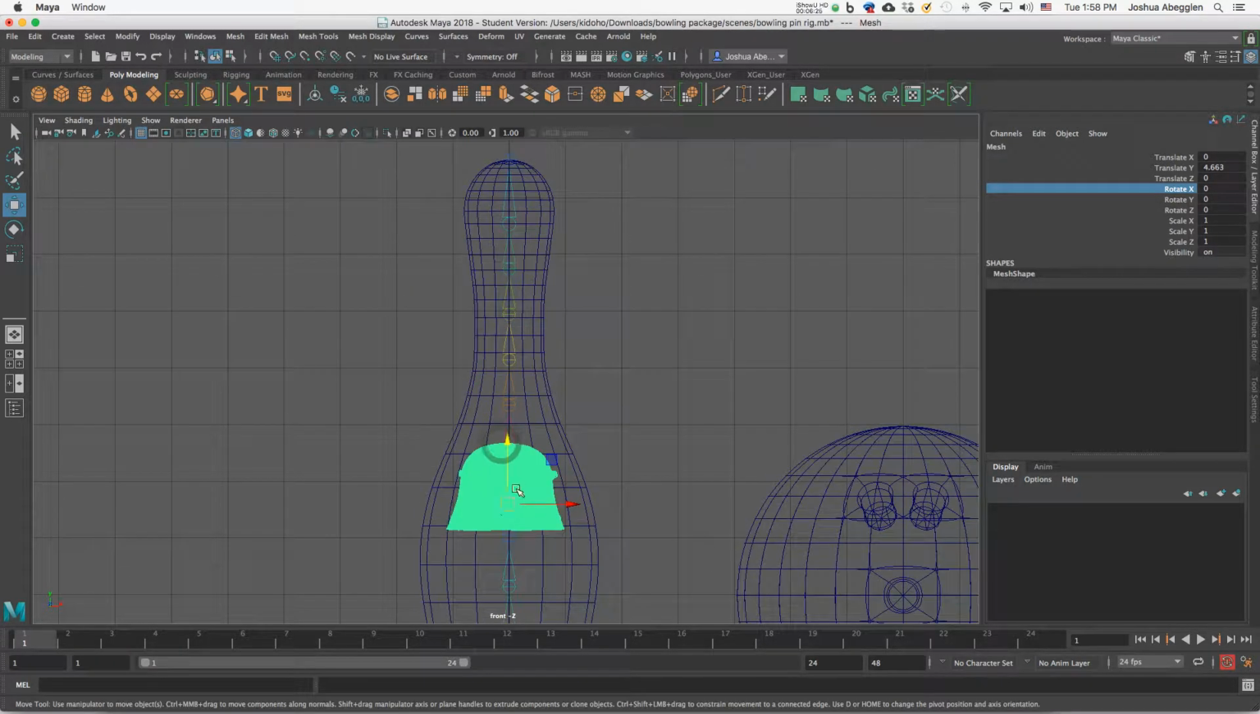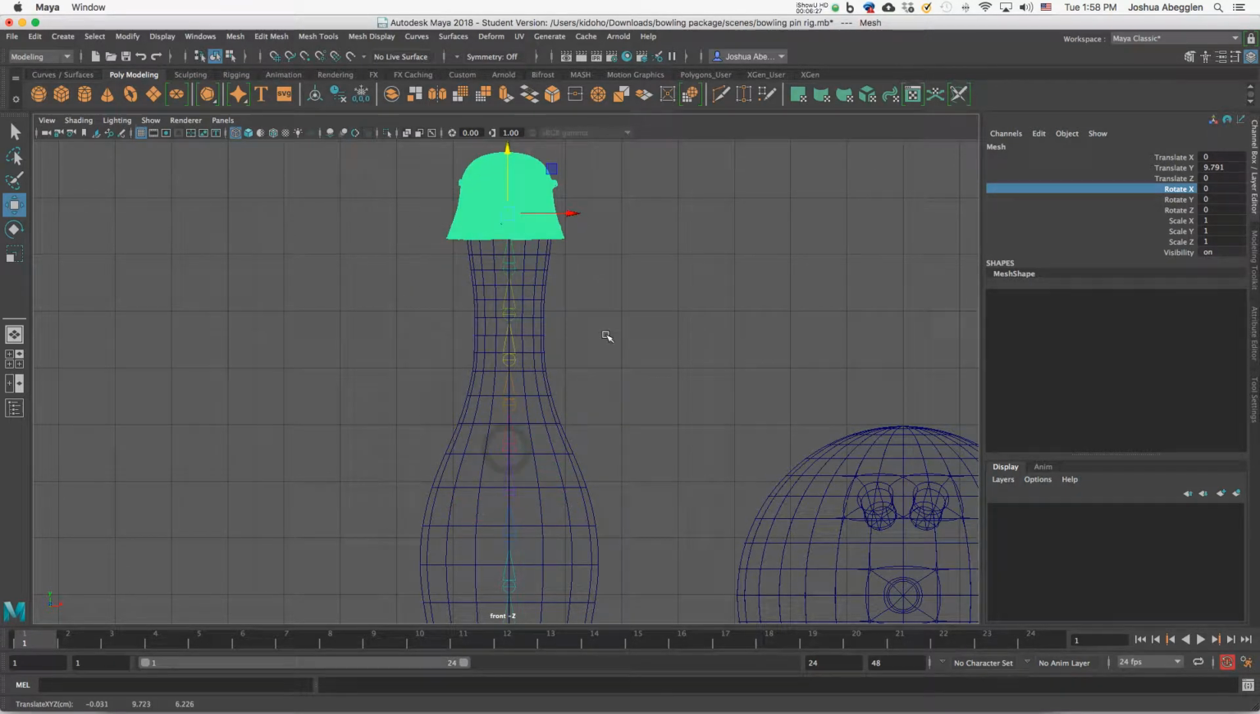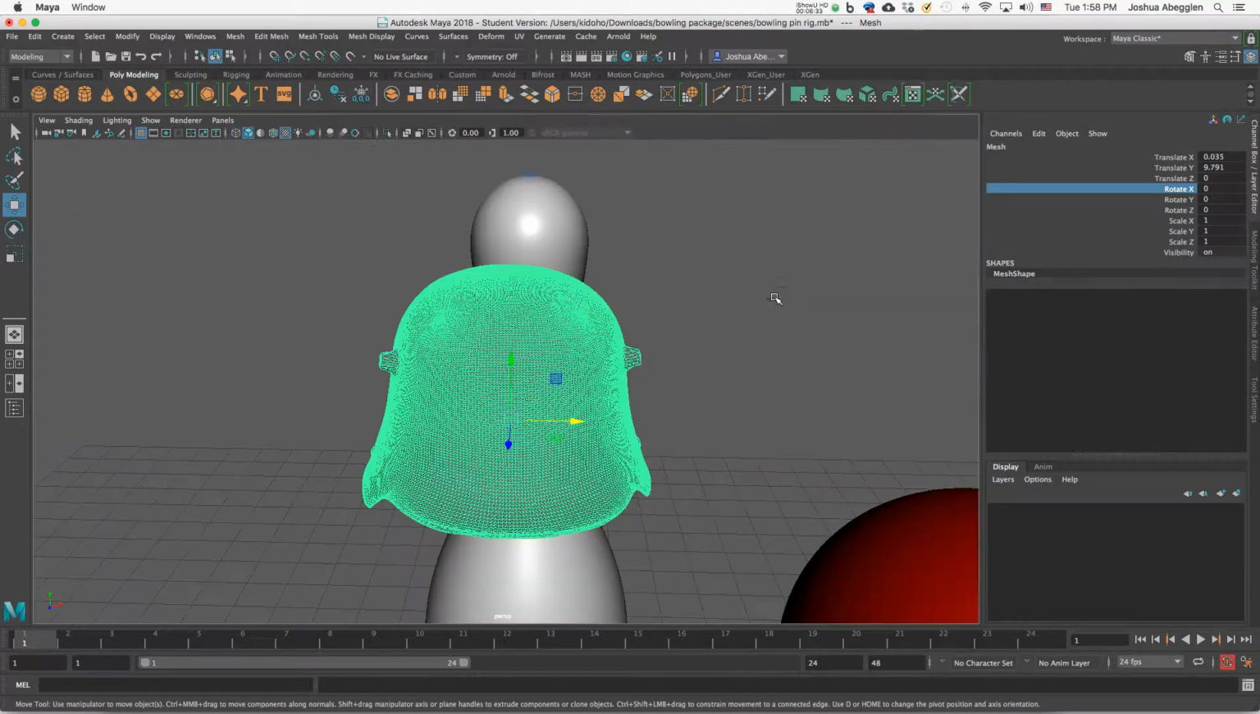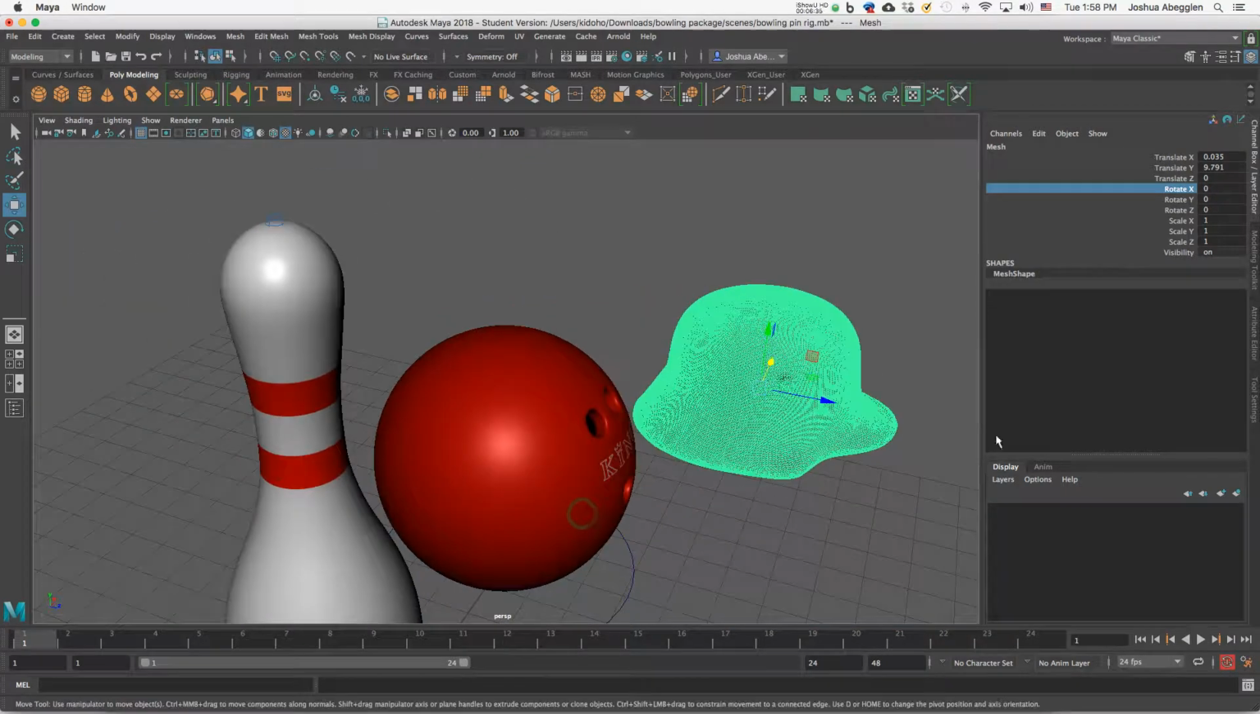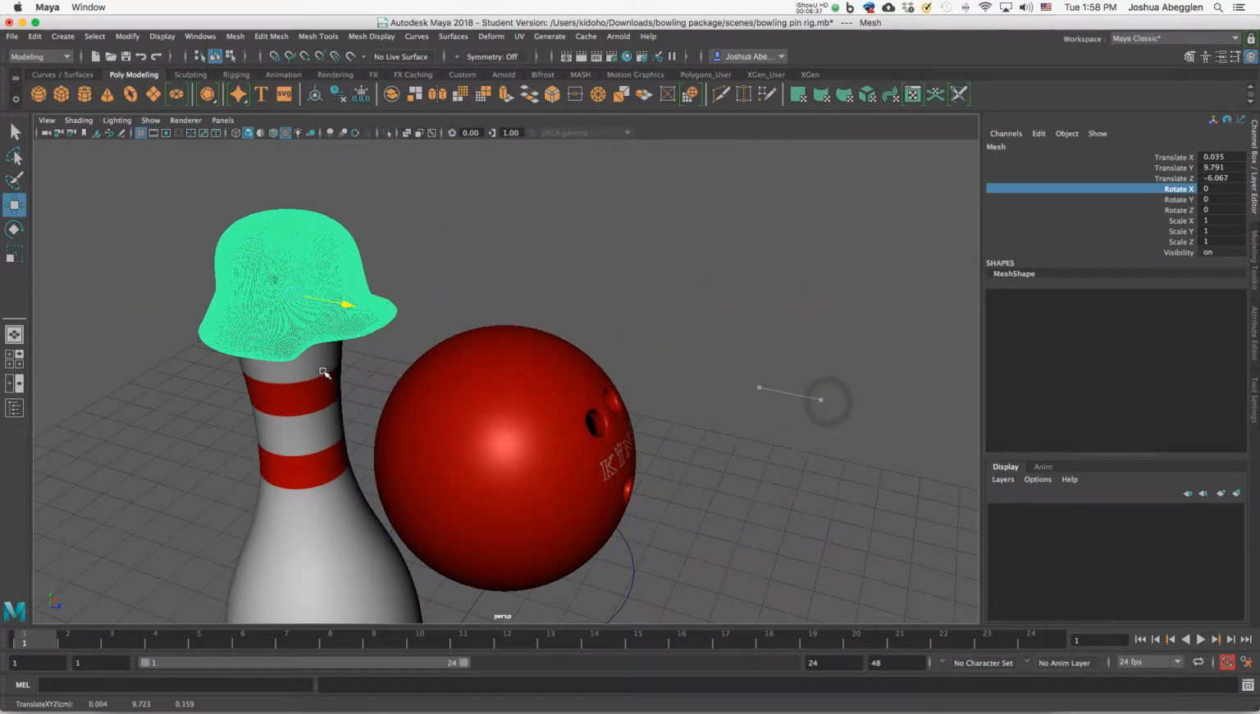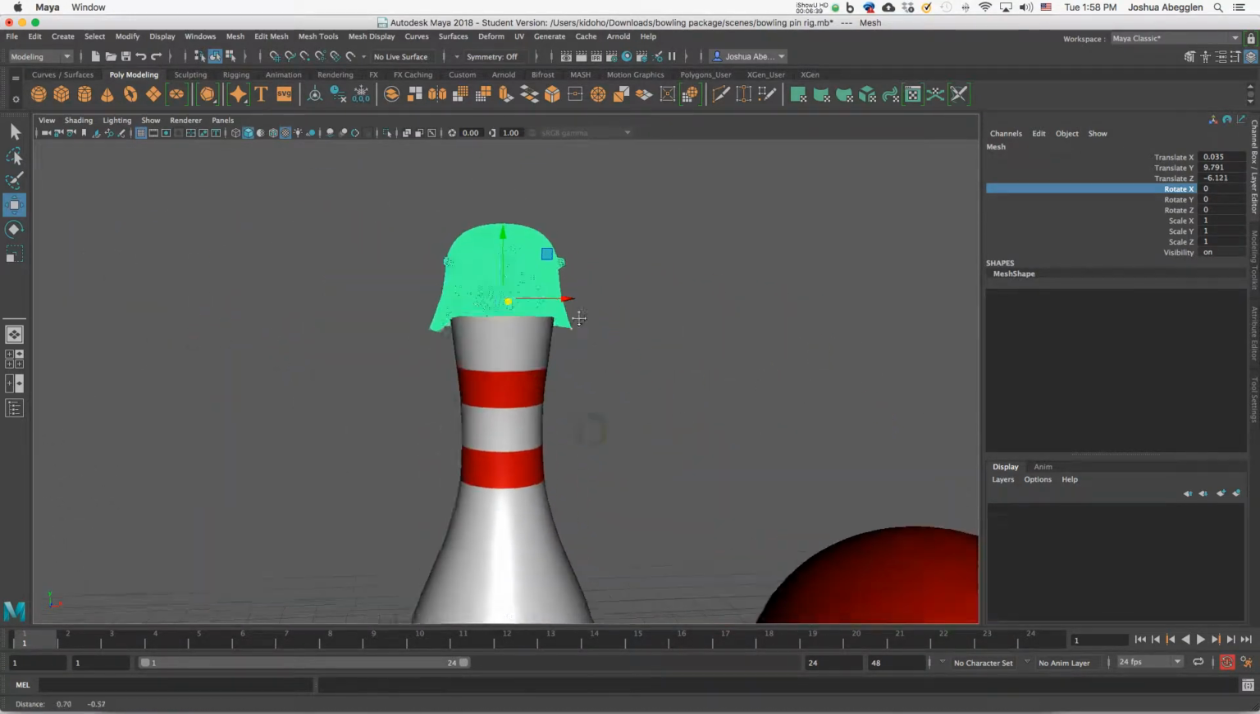So I'm going to take this helmet and move it up here and put it on top of my bowling pin. All right, so I need to push this back in space just a little bit. Okay,